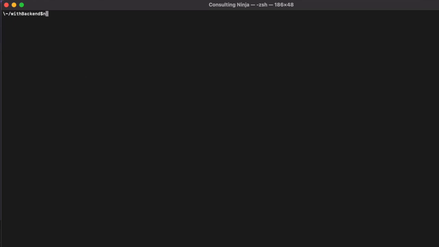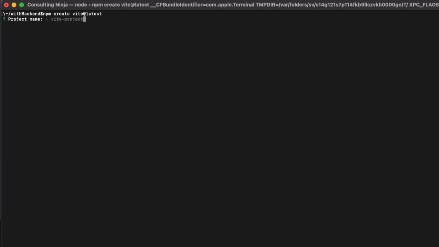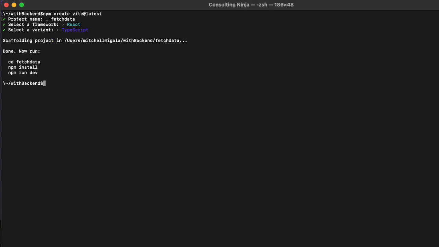With that out of the way, let's get right to it and create a Vite starter application. Vite is pretty sweet. It is all I use now for front end. Let's call this fetch data and keep it all small, otherwise you'll have to choose a package name too. I'm going to use React, but I'll probably do a Svelte video on this later because Svelte is awesome. And I'm going to choose TypeScript, but I'll keep the TypeScript to a minimum. Now let's get in there